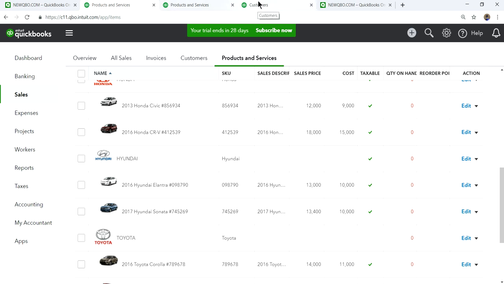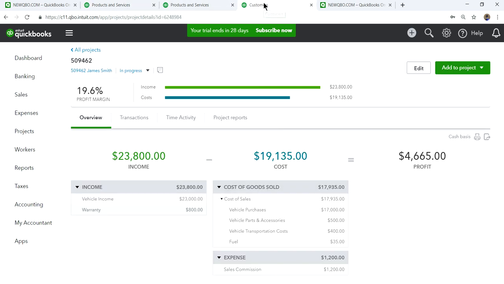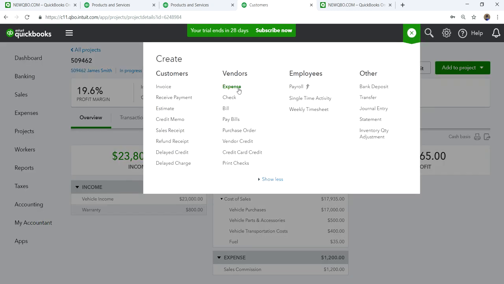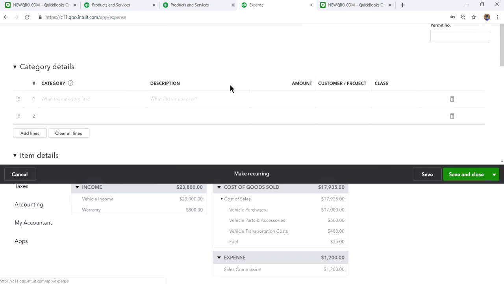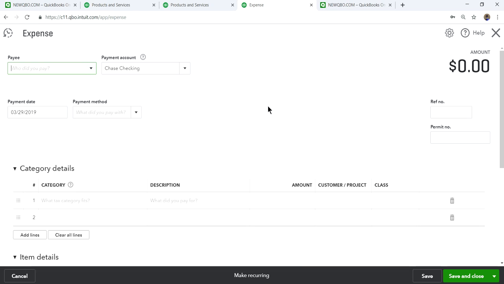So you still do the same thing. I'm going to go to plus and expense. In this case, you're not paying to the bank, you're creating a liability type account, so you don't want to use this real bank account. So you just want to create like